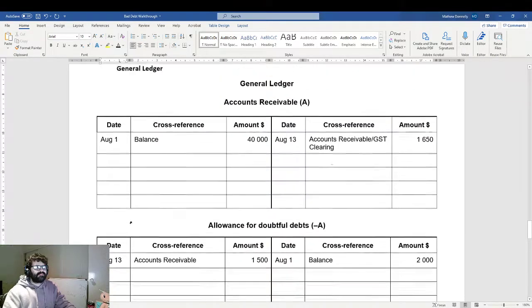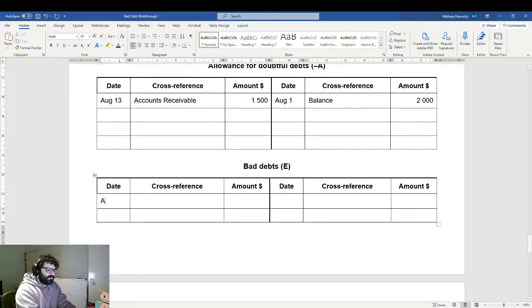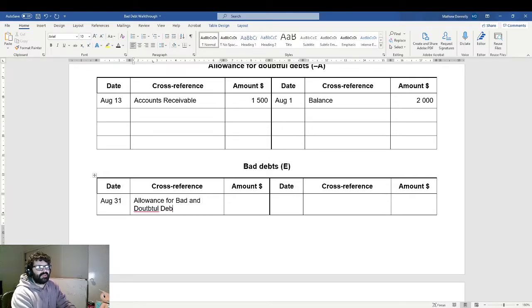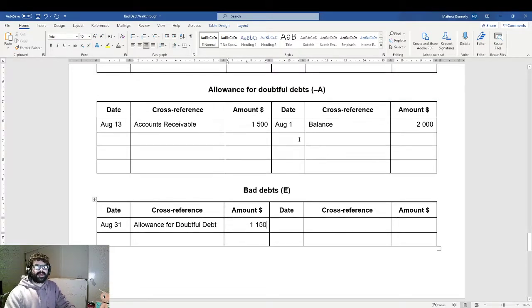Because bad debts is an expense, obviously a debit, and we go org 31 balance, oh not balance, allowance for bad and doubtful debt. And I don't know why, I think I always write bad and doubtful debt because of uni, because that's what we had to call it. Really annoying. So 1150, we go to bad doubtful debt, we go 31st, and we go bad debt,